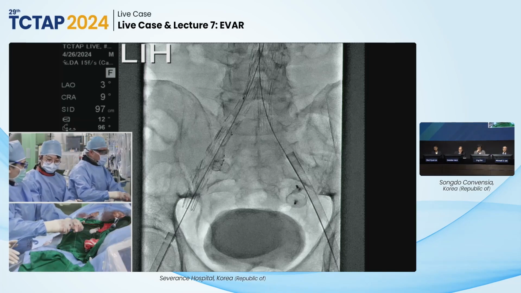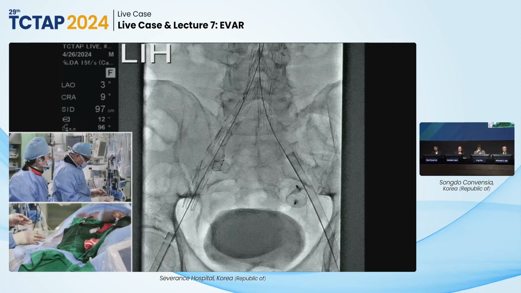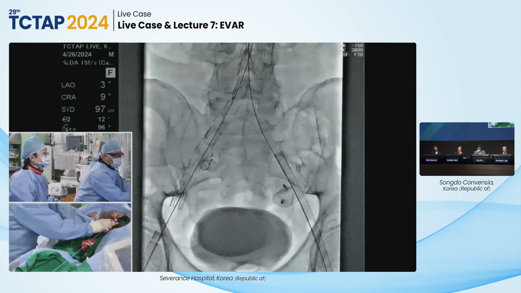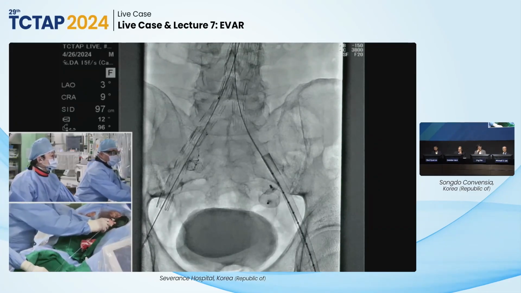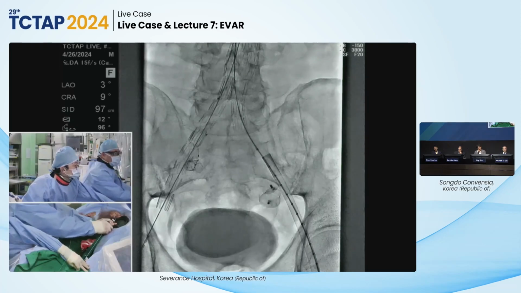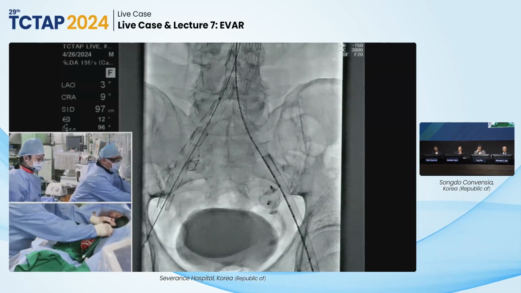We placed the vascular plug in the left internal iliac artery yesterday, and we checked that today with the angiogram, and the left internal iliac artery is now well embolized. Okay, so